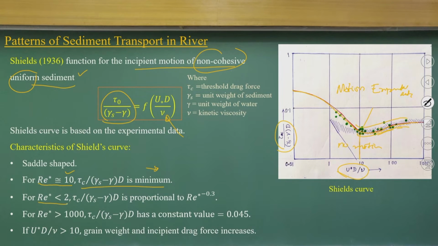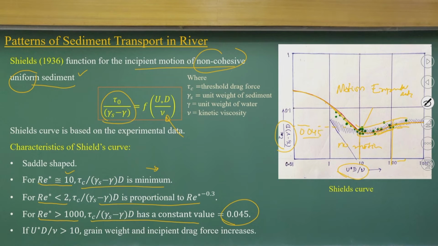When the particle Reynolds number is lesser than 2, there is a proportionality; these are the linear proportionality zones, proportional to the particle Reynolds number. When the particle Reynolds number is more than a thousand, the value comes closer to a constant. As you go beyond hundreds, it is more or less constant, and that value comes out closer to